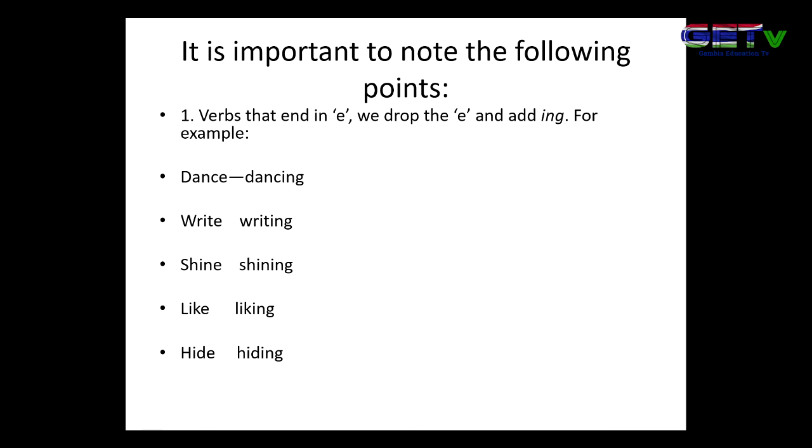Few rules we need to observe here. Rule 1: verbs that end in E, we drop the E and add ing. Verbs like write, W-R-I-T-E, end with E, a silent E. We call them silent E. We drop this E when we want to form the